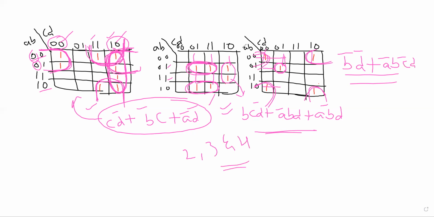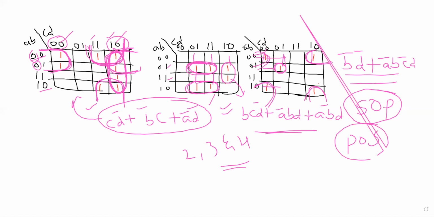In the next class, we will see reduction of Boolean expression using Karnaugh map. Remember, this entire K-map we have seen for sum of product. The realization is the same, the mapping is the same for product of sum, but the only change is in SOP, we are going to use 1s in the K-map, then for POS, we are going to use 0s in the K-map. Is it clear? This is the only difference present in that.